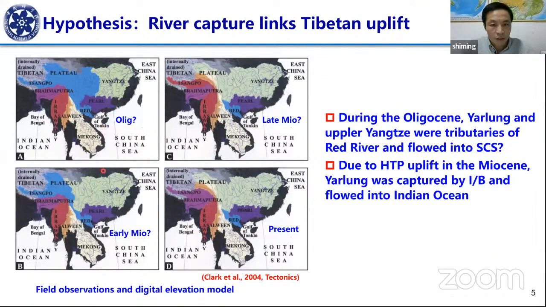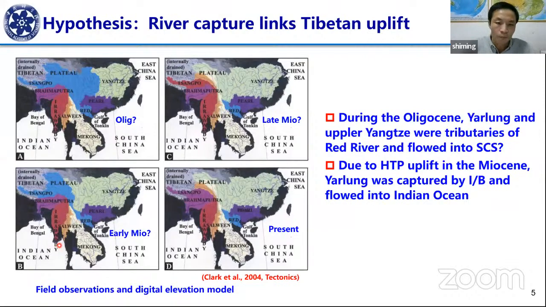In contrast, from the early to late Miocene, because of the uplift of the Himalaya and Tibetan plateau, the Yarlung River was captured by the Brahmaputra and the Irrawaddy and flowed into the Indian Ocean. So this is a very nice story. However, we need